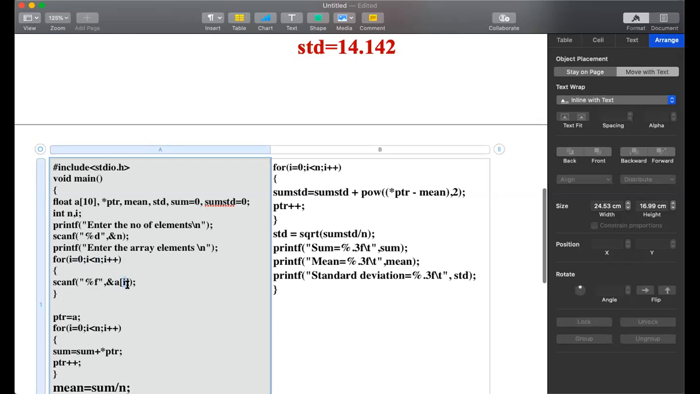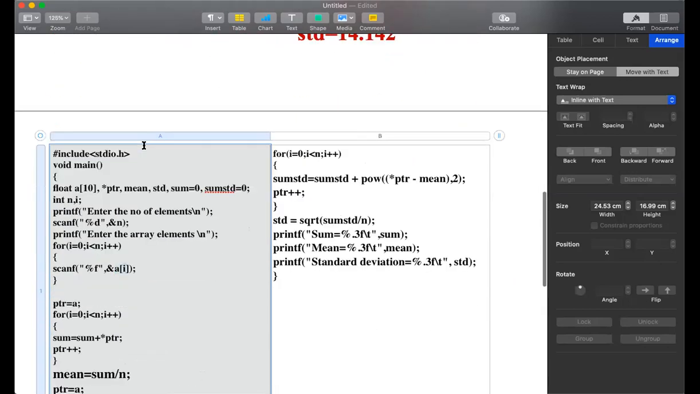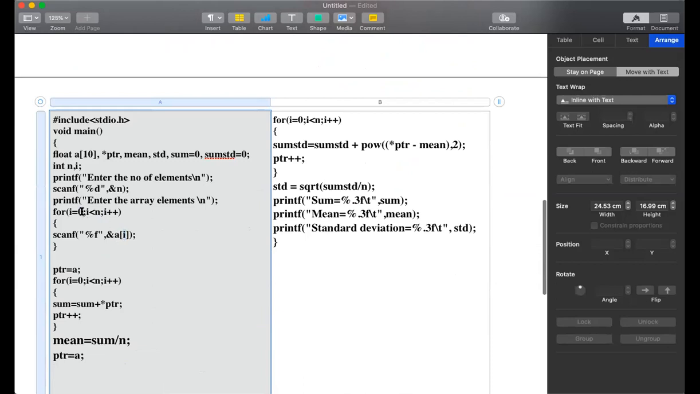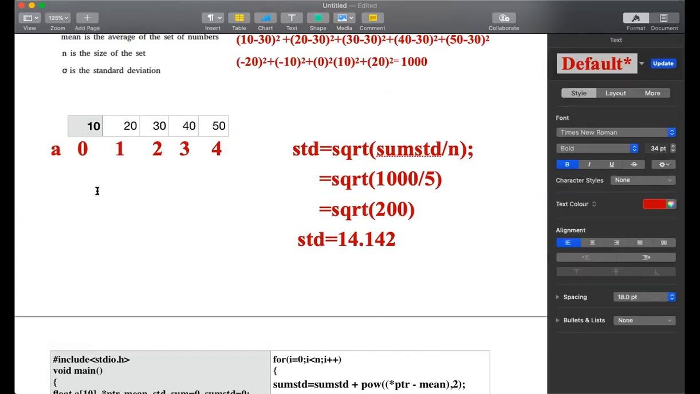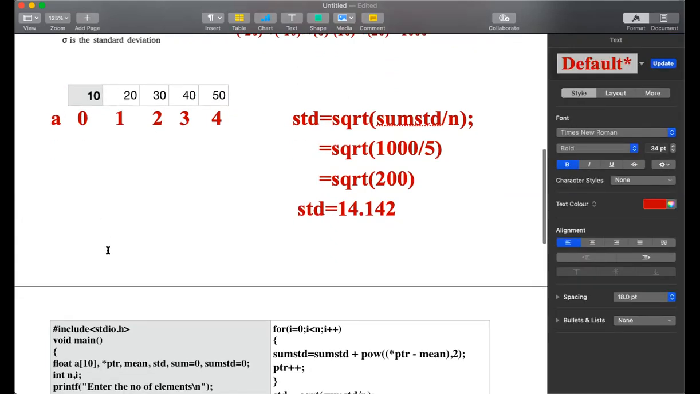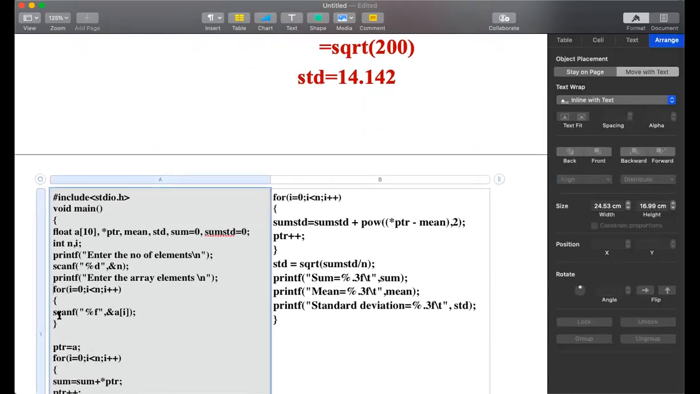So it will be storing 10 in A of 0, and the next element, that is 20, will be stored in, because I value will be 0, then it will be incremented, then it will become 1. So the next index it will be storing in A of 1. The next element will be stored in A of 2. So on, it will be storing all the elements till A of 4. So once it has been done, now carefully observe, after the elements are entered into an array,